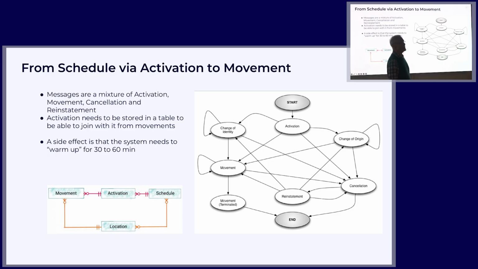Then, hopefully, once it moves, it goes into this movement state and then moves around until it reaches its final destination. Unless something bad happens, like the train suddenly makes a jump, change of version, I have no idea why, or identity, that happens more often than you would think.